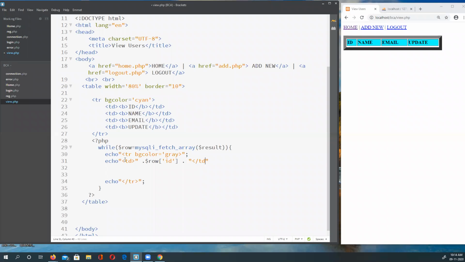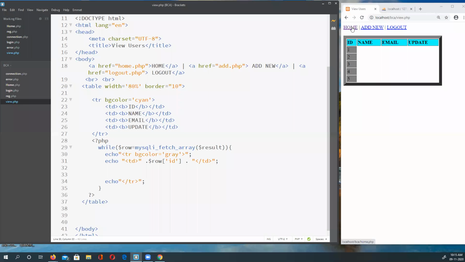I have to close this TD, ठीक है। मैं बताता हूँ आपको, एक मिनट है, पहले मैं इसको सेव करता हूँ, मैं देखो कोई एरर वेरर तो नहीं है। इसको टर्मिनेट करते हैं, कंट्रोल S। अब देखें आप, यहाँ पे आईडी आ गया, कुछ गड़बड़ किया हमने है, डेफिनेटली हमने कुछ गड़बड़ किया, क्योंकि मेरे पास यहाँ पे आईडी दिखना चाहिए था ना। मैं कह रहा हूँ कि इको मैंने किया, फिर मैंने कहा कि भाई डबल कोट्स में TR टैग, ओके, TR BG कलर, BGCOLOR, ठीक है, इक्वल्स टू ग्रे, एक इसमें सिंगल कोट्स मिस है यहाँ पे, ठीक है ना, कंट्रोल S। देखें, इसने सारे आईडीज लाए।